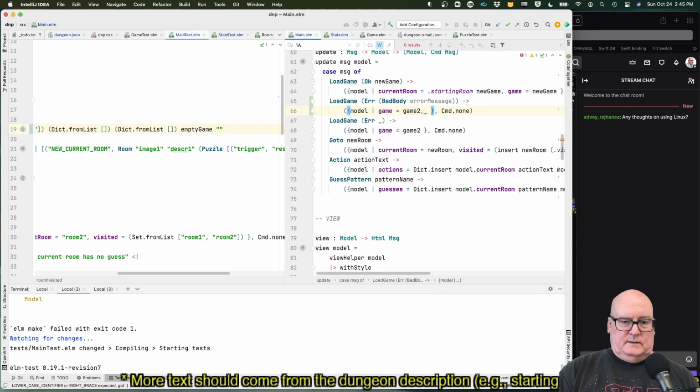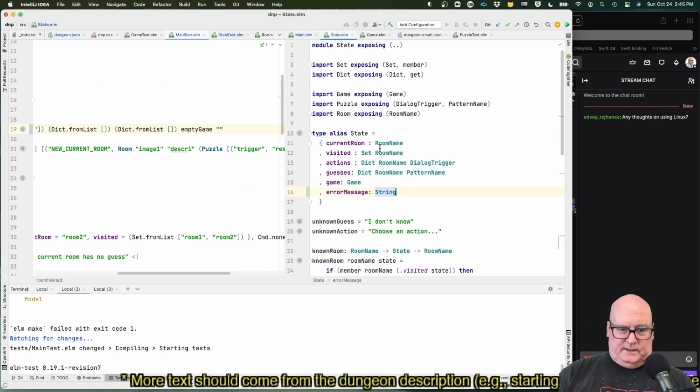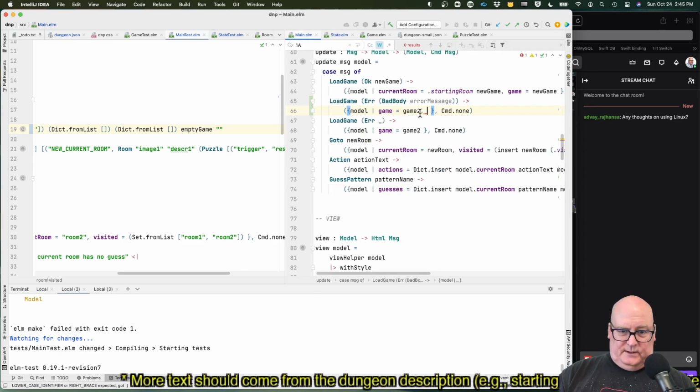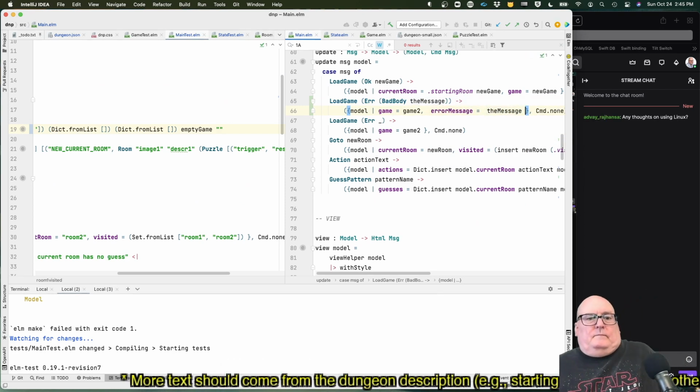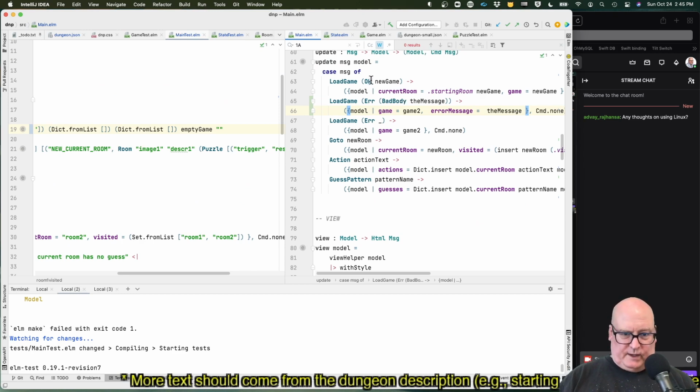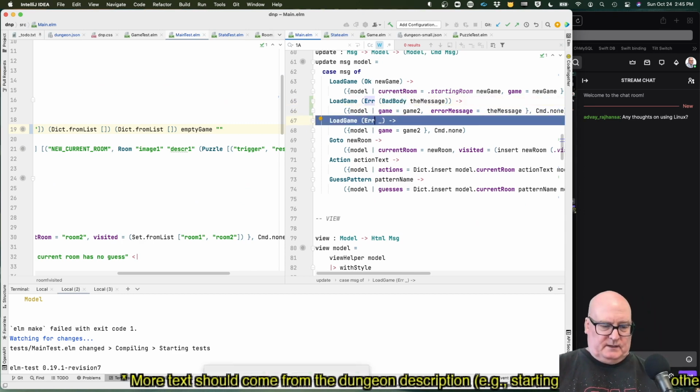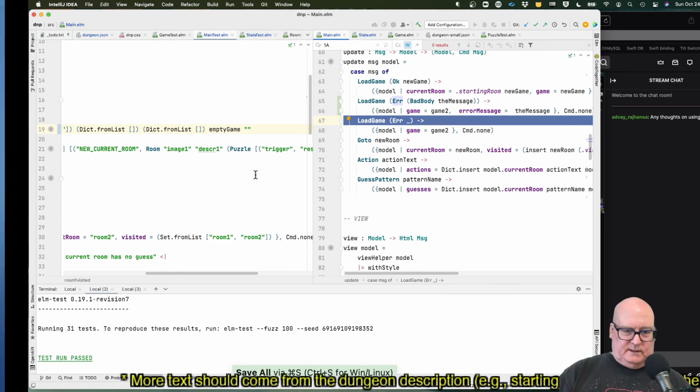Let's say, what do we call that in our state? Error message. Yeah, so I already used that name. The message. Okay. And my hope and expectation is it's working its way sequentially, in effect, that once it matches this one, it won't need to match that one. All right, and let's see how it runs.